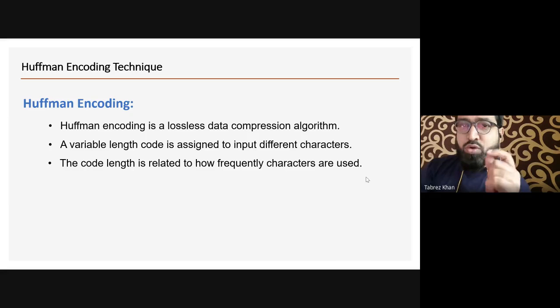Next is the code length. Now the second point says what? A variable length code is assigned to different characters. Okay. Now when we say variable length code, so basically that varying length of a code should be dependent on